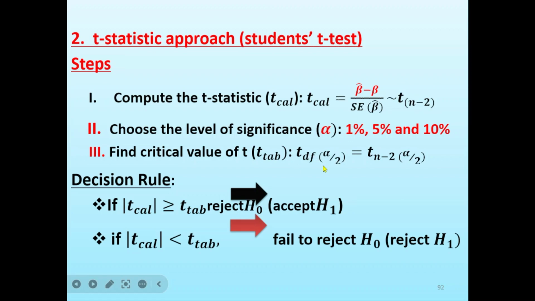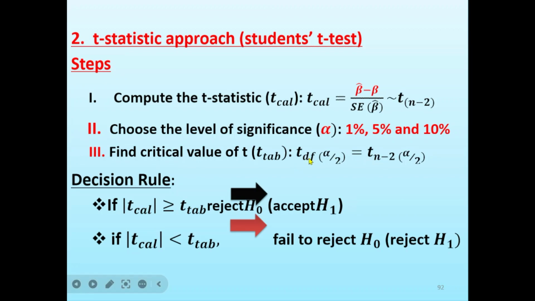So t calculated አለን፣ then t calculated እና t tabulated ምን እናደርጋለን? compare እናደርጋለን። Decision ላይ decision rules እንመጣ፡ if t calculated greater than or equal to t tabulated, reject null hypothesis and accept H1። ስለዚህ accept H1 አድርገን ማለት ነው explanatory variableችን በdependent variableችን ላይ ተጽዕኖ አለው ወይም x እና y ሪሌሽንሺፕ አላቸው ማለት ነው።